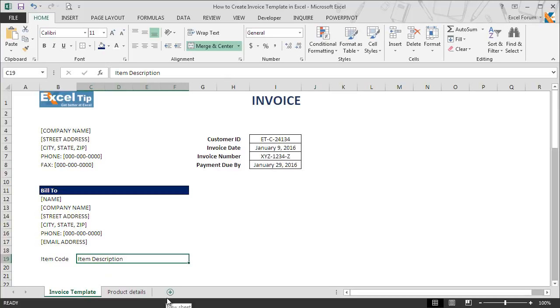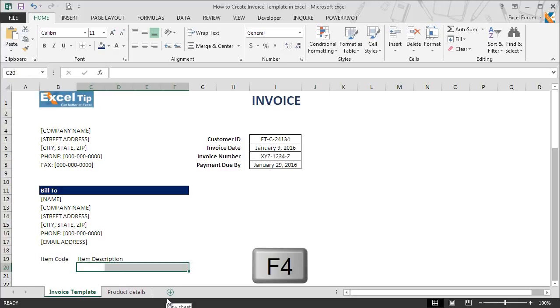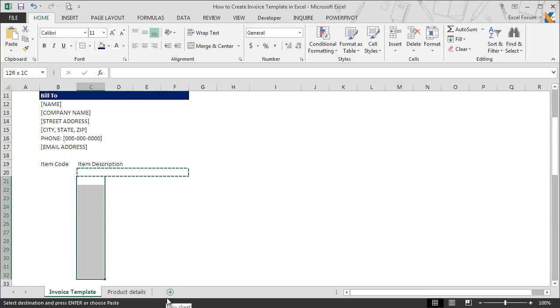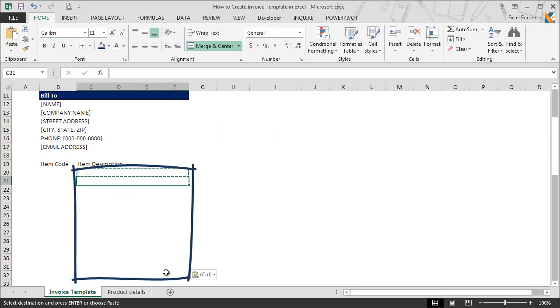but you don't need to go to home tab every time and click on merge across options, as you can repeat the last command using F4 key by highlighting the required area, or you can also copy the merged area and paste it from the cell till where you want it. By doing this, you can save lots of time. Isn't it interesting? Anyway, we have merged the cells till 32nd row and we have enough rows now to have